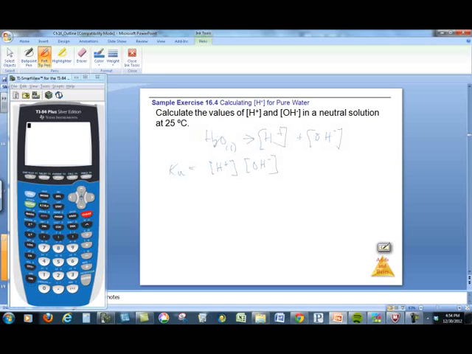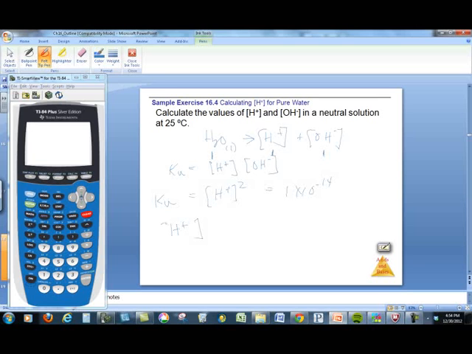Because for every 1 molar of this, you get 1 molar of this, we could just square it. So the Kw is equal to the concentration of the H plus squared, and that's equal to 1 times 10 to the minus 14th. So if I take the square root,